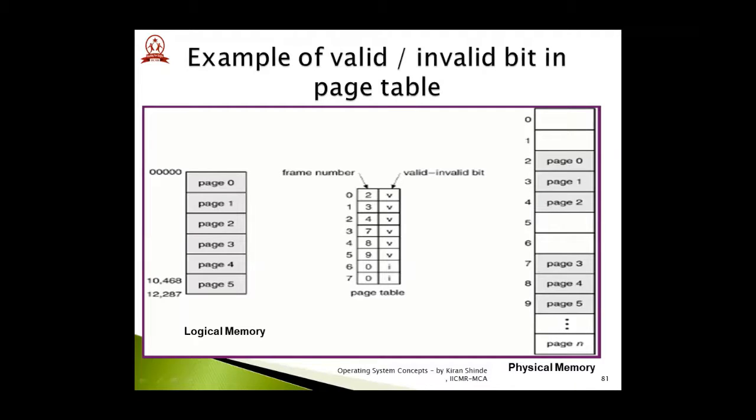Now, what do you mean by valid bit, and when will it be set as V and when will it be set as I? If you look at an entry having this bit set as V, for example, the first entry, page 0 is mapped with frame number 2. Okay, so if you see the physical memory, you can see the mapping which is done here successfully. So this particular bit is called valid bit, because you can see that the frame number 2 is mapped with page number 0.